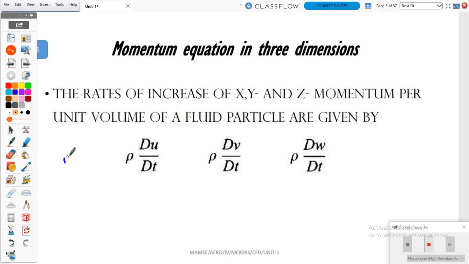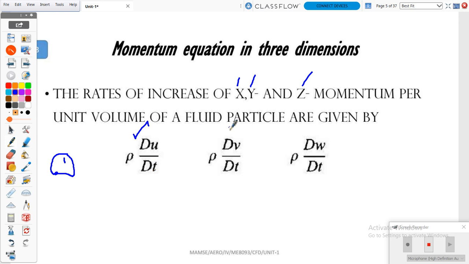Next we are going to derive the equation for the first part, that is the rate of increase of momentum. We are going to consider the x-axis, y-axis and z-axis. Based on the volume we can easily simplify the momentum value. For the x-axis it will be rho du divided by dt. Rho is the density and u is the velocity. The d indicates the convection factor, so it leads to momentum values. So rho du divided by dt is the momentum increase in the x-axis.